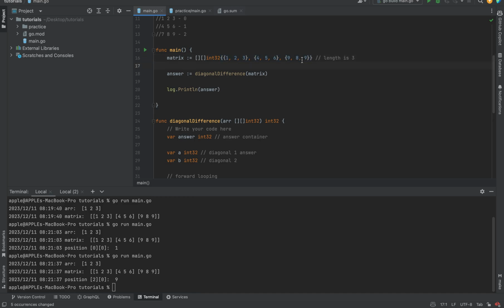You subtract the position from it, and the position is actually position 0. So you're going to have 3 minus 0, and then you do know that